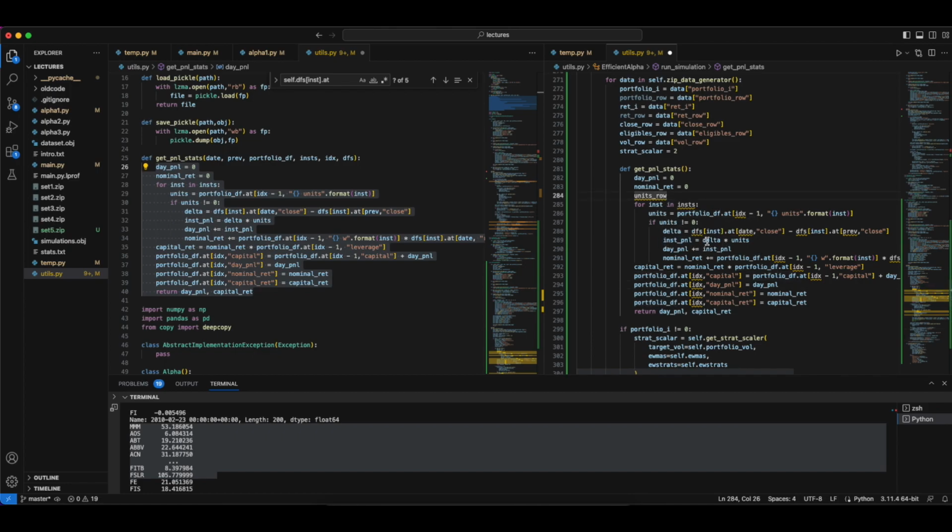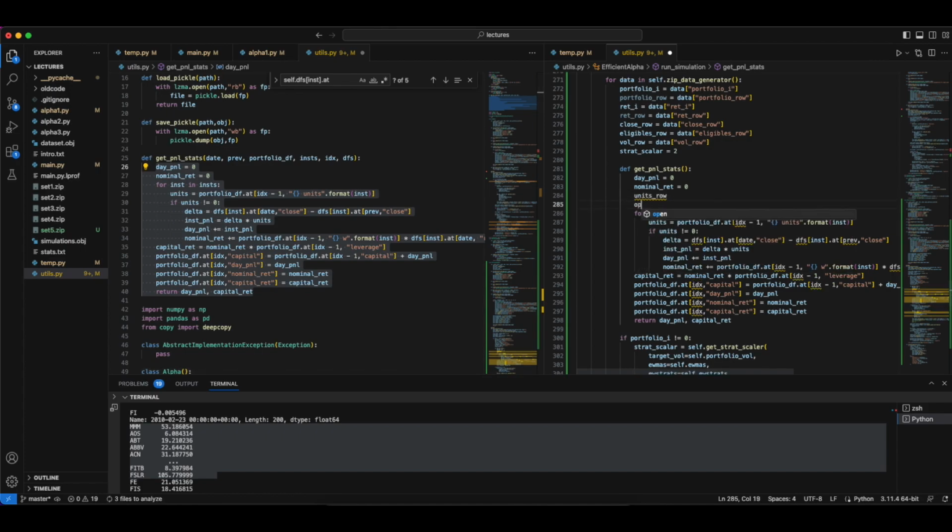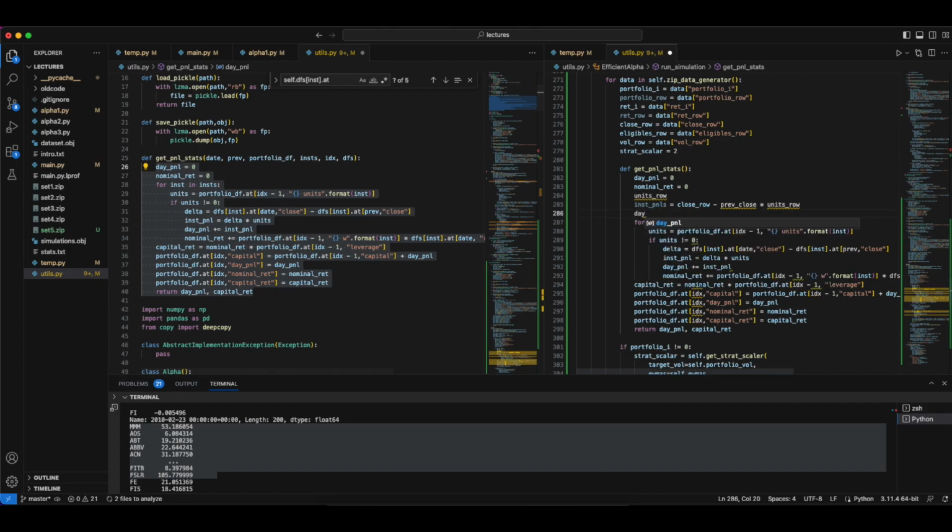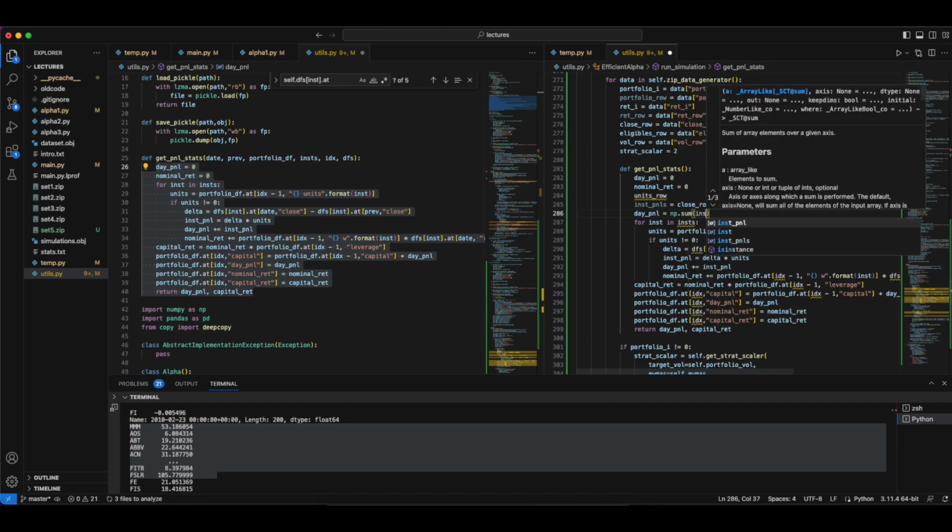So we want to have this P&L, so delta of units. So P&Ls, we want the P&Ls to be equal to the units row multiplied by close row minus previous close, right? So these are the instrument P&Ls, and then basically the day P&L would be something like the sum of the instrument P&Ls